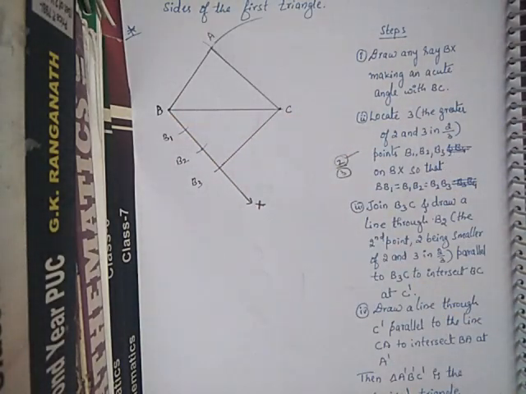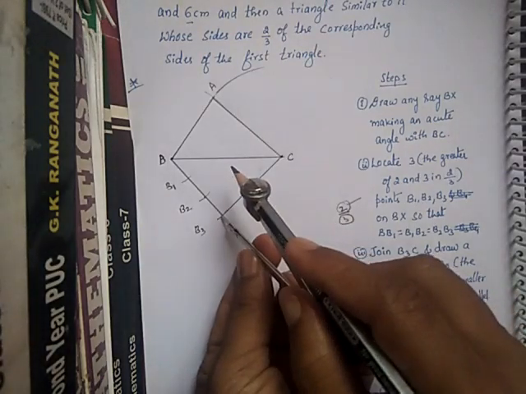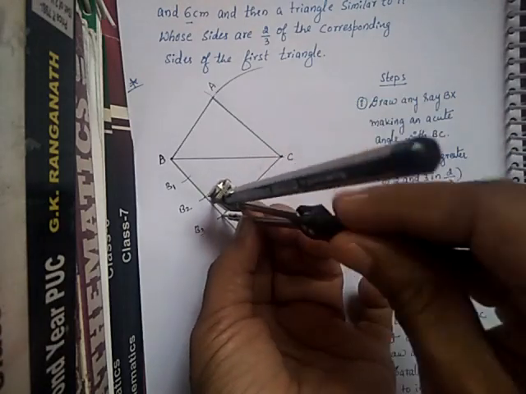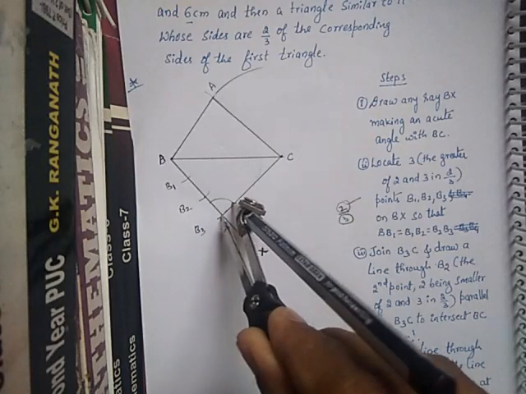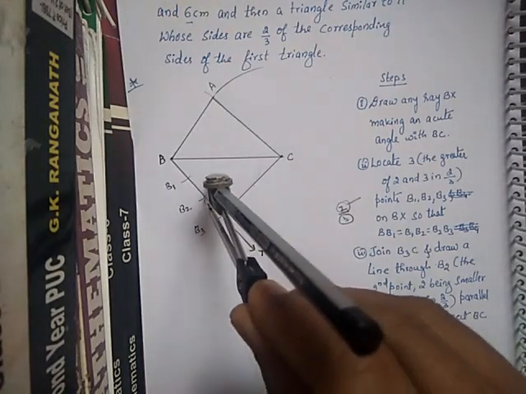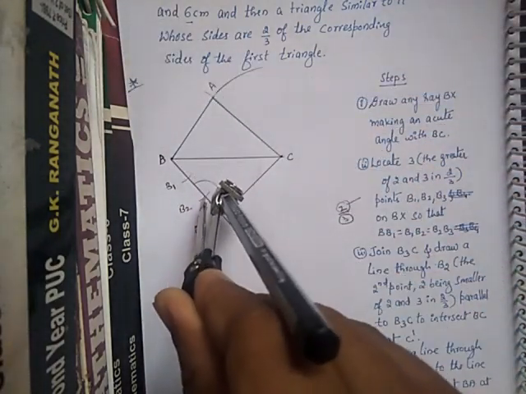So how to do this one? For this one you can first make the curve like this. From here to here you can take one curve like this. Same type, same curve should be from B2 also. You keep on B2 and make the curve like this.